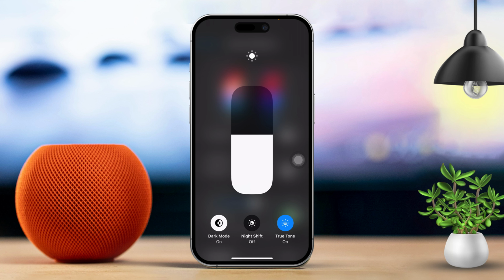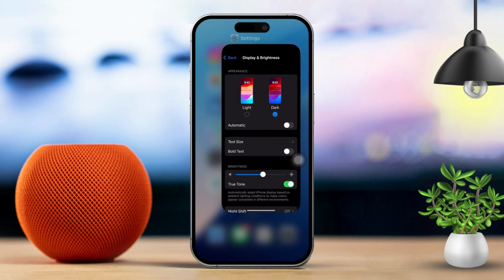By following these simple steps, you'll have the dark mode activated for your text in no time, improving your overall